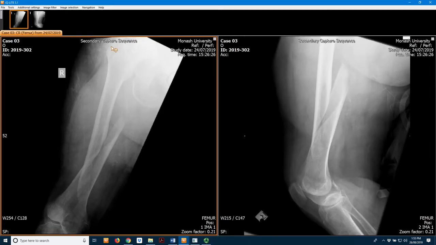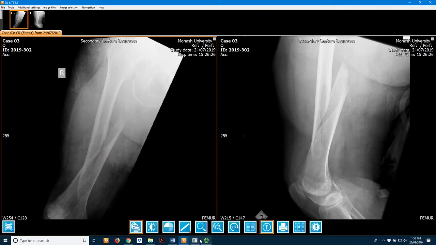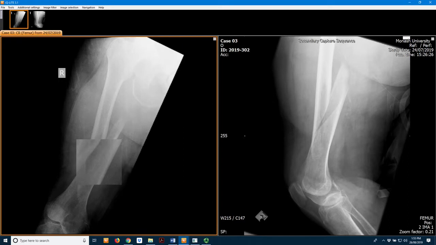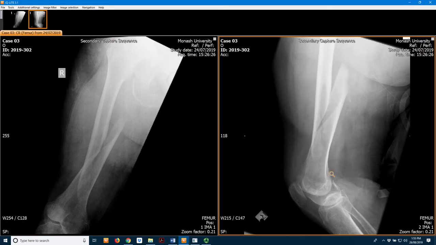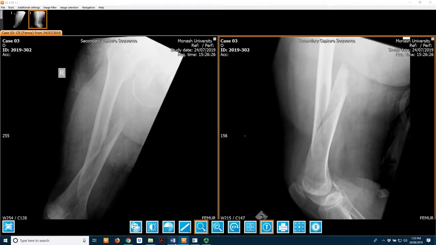For case 3, we have a pedestrian who was hit by a car, and there is significant swelling and pain. So there's quite a severe fracture of the femur, and it's about mid-shaft. If we look at the fracture itself, we can see that there is distraction, and also that the bone is displaced as well. So looking at our form then,